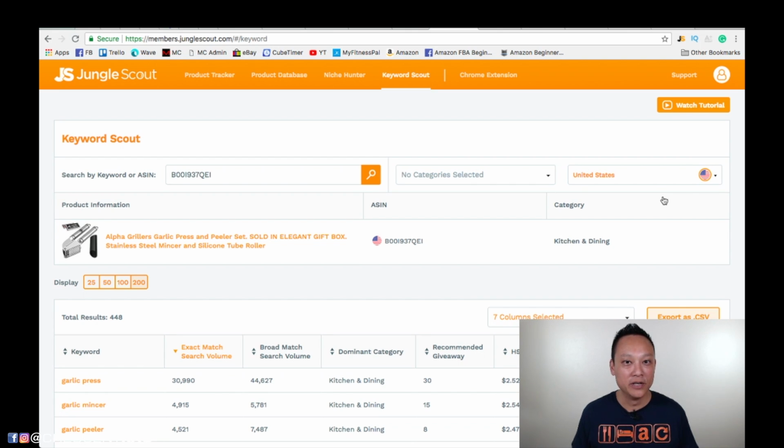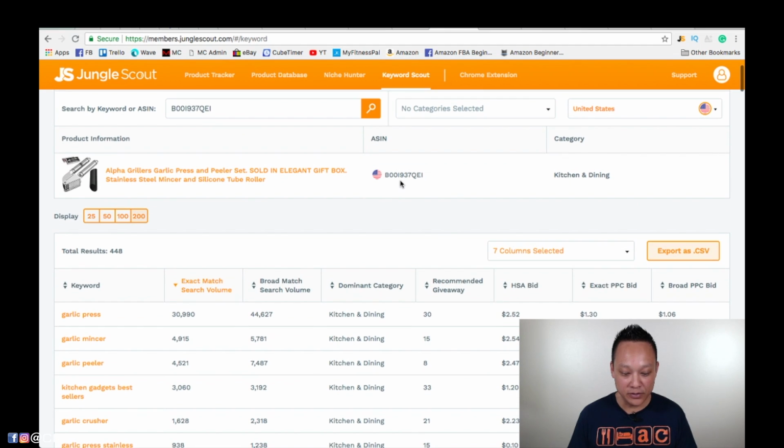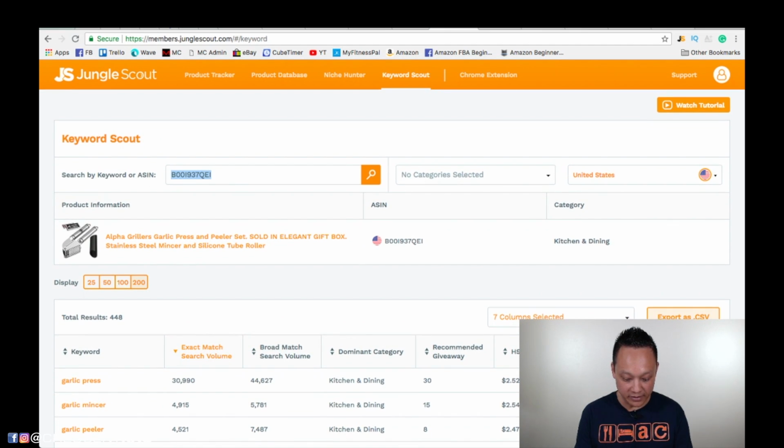All right, and lastly, I want to share with you one more pro tip. So we all know that you can use reviews to judge the level of competitiveness in a niche, but you can verify that also with Keyword Scout. And here's how. Such a powerful tool here, okay? Here's a pro tip right here. Use the bid data, okay? So if you're looking up garlic press, for example,